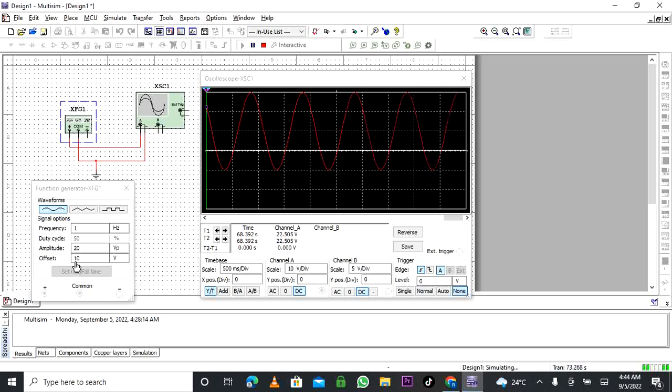And now to duty cycle. Sine waves don't have duty cycles. They are a consistent shape. The only thing that affects the shape of a sine wave is the frequency and the amplitude. Other than that, it's all pretty constant. But triangle waves and square waves have duty cycles, and I think duty cycles are covered later in